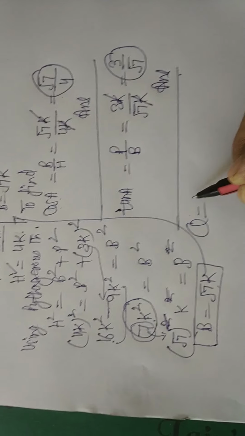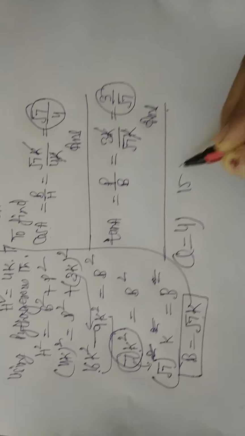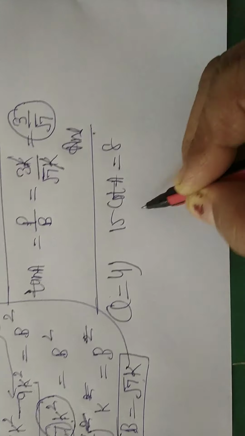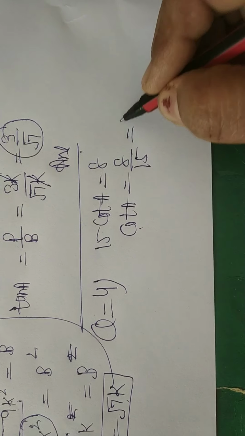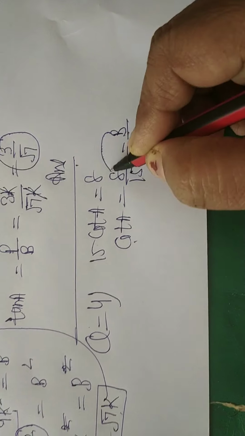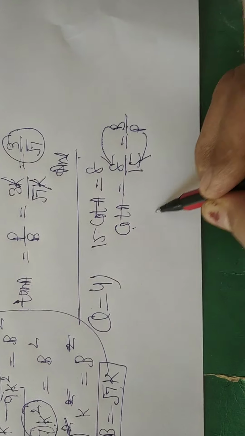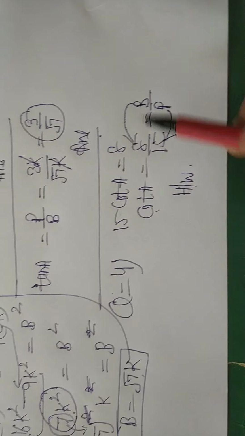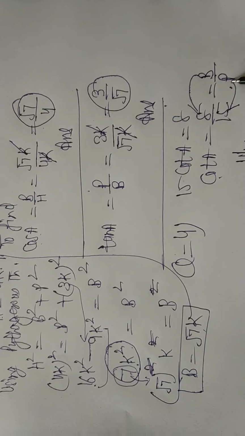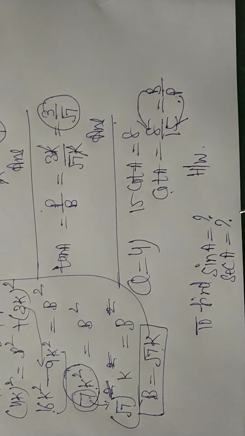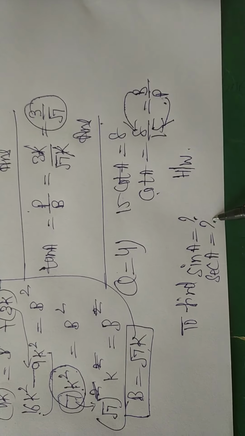So now the question number 4. 15 cot A equals 8. So cot A equals 8 by 15 and the formula of cot is B by P. So again we will proceed, students. That is your homework, please do it now, and keep the reference of this question number 3 exactly. Use the Pythagoras theorem and find out the value of, in question number 4 we have to find out sine A and sec A. All the best for this question, and keep it up.